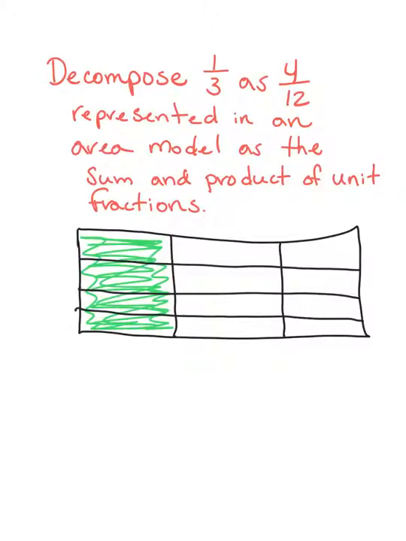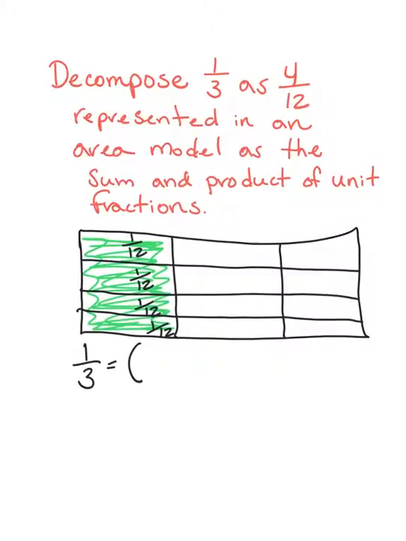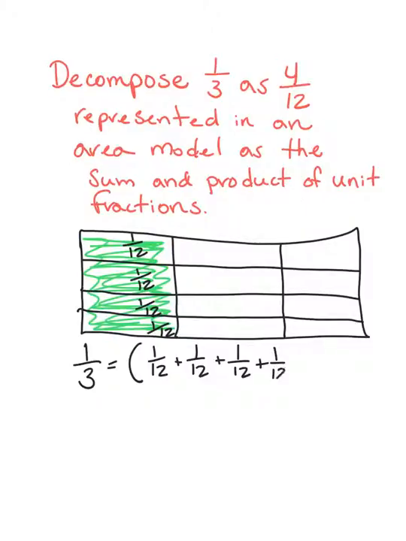But how is this going to look if we decompose it? Well, let's look at this right here. 1/3 is equal to, because this is a unit fraction of 1/12, and this is a unit fraction of 1/12. So all these are unit fractions. And how many do we have? Well, we have 4 of them. So 1/12 plus 1/12 plus 1/12 plus 1/12 all equals